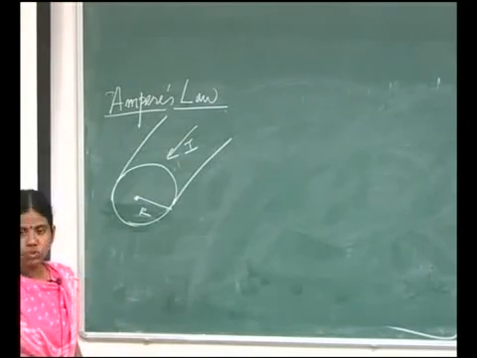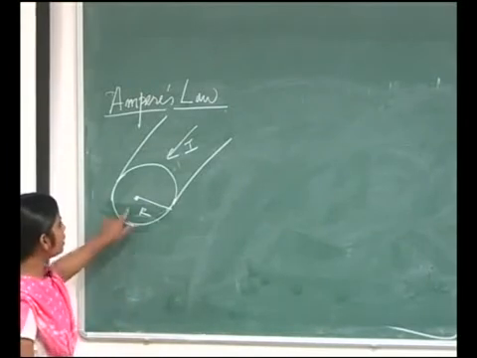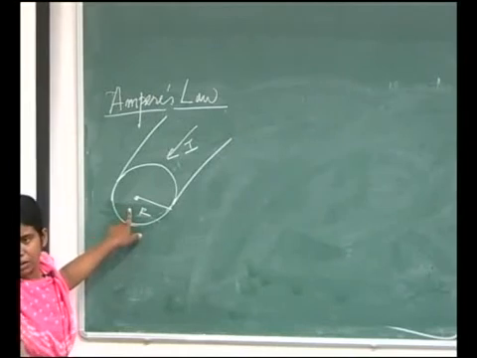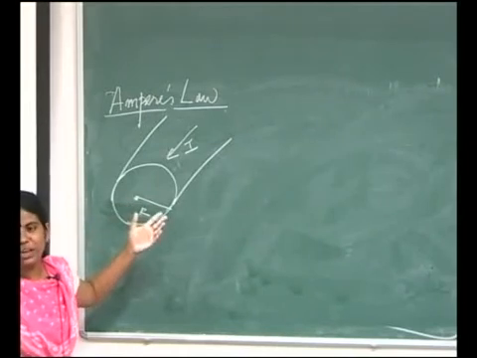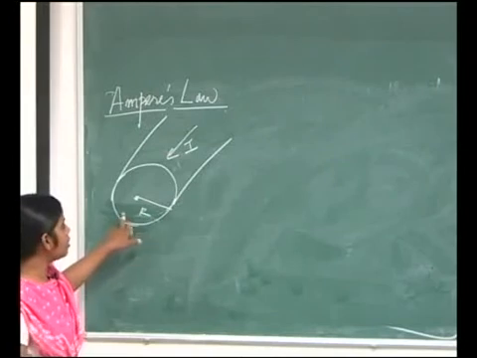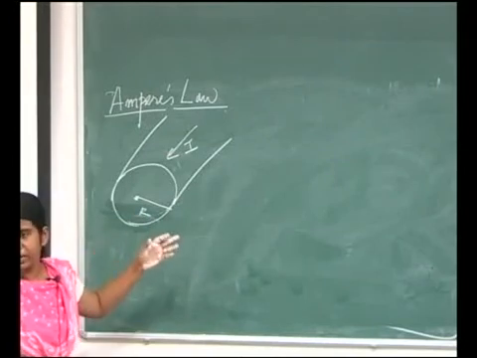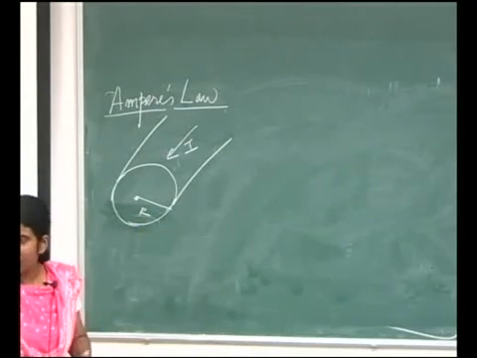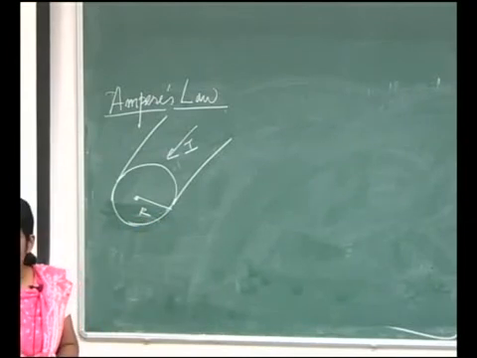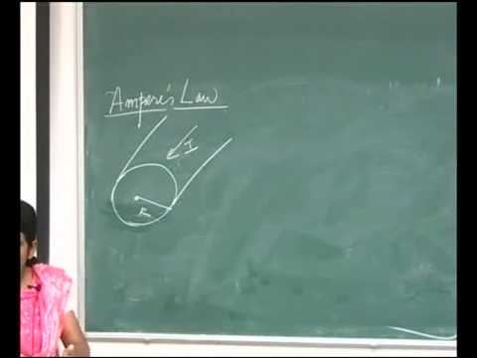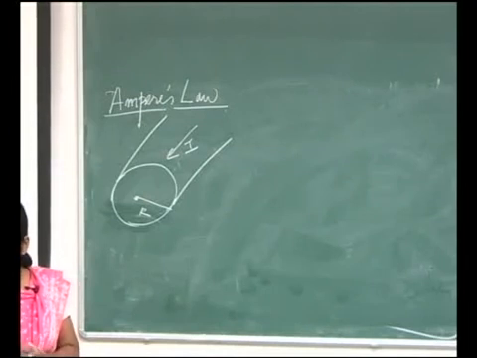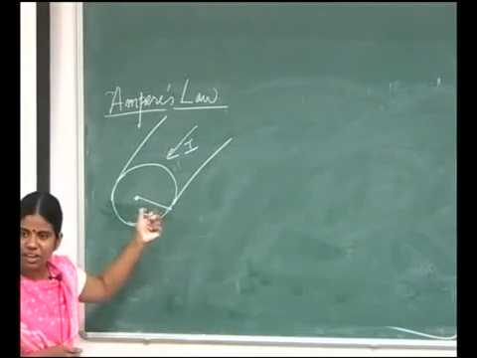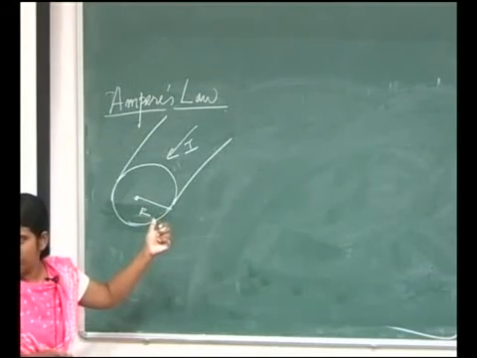Now I want to calculate the magnetic field, because if I want to know the current in some unknown wire, then I need to know the magnetic field. Only then will I be able to calculate the current through that wire without actually breaking the circuit. Otherwise I will have to put an ammeter in series in that arm, so you would have to break the circuit. Here, without breaking a circuit, you can measure the current through a particular wire.